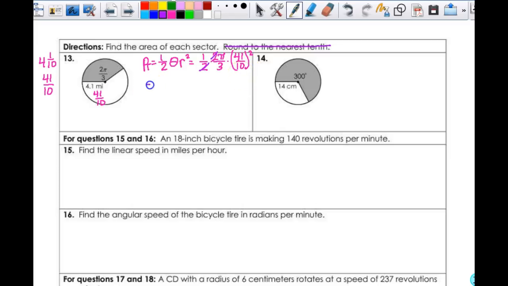So what I have next then is pi thirds times, well, 41 squared is 1681 over 10 squared is 100. So nothing else is going to reduce, and in the end my area is 1681 pi over 300